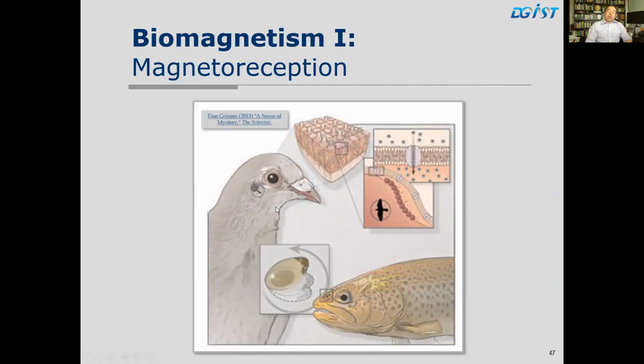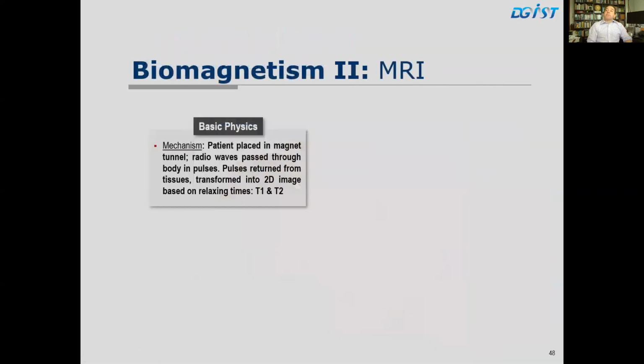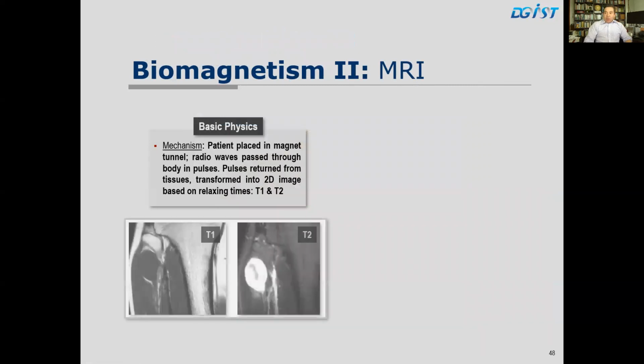Magnetoreception: birds, as you know, are migrating and they go north and south, and they have specific magnetoreceptor cells in specialized organs, both birds and fishes. Another example of biomagnetism, of course, is MRI, and this is an MRI image, and the basic concept is that